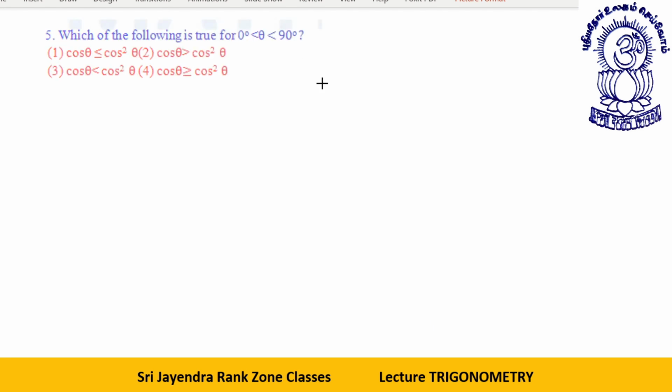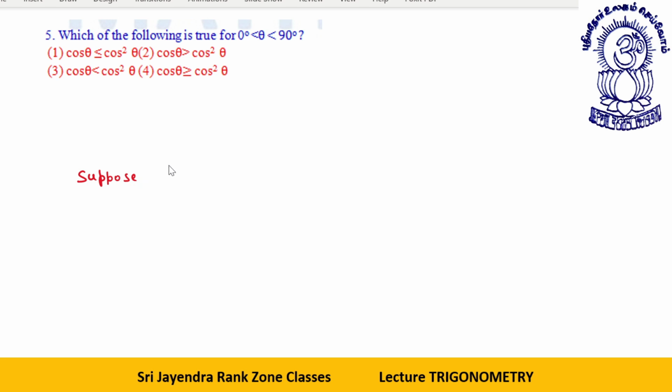Which of the following is true for 0 < theta < 90 degrees? A very conceptual question. This can be asked in any chapter. The basic thing is there's a basic mathematical concept. Suppose I'm saying,